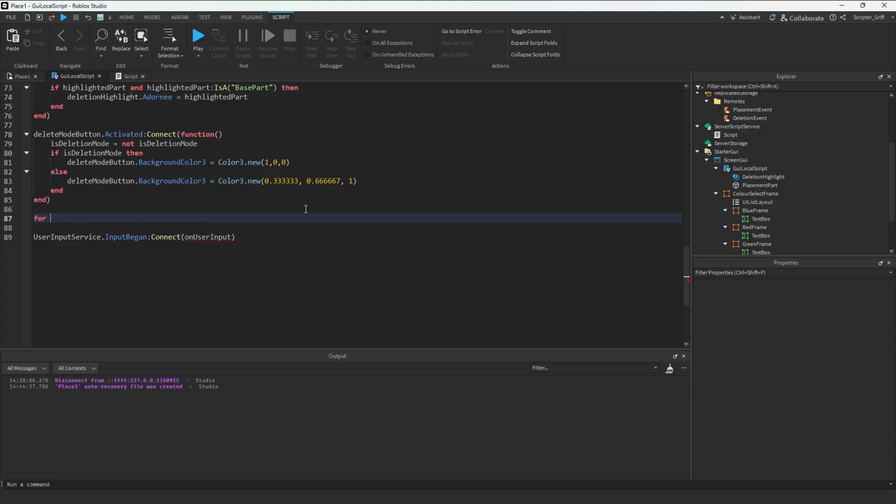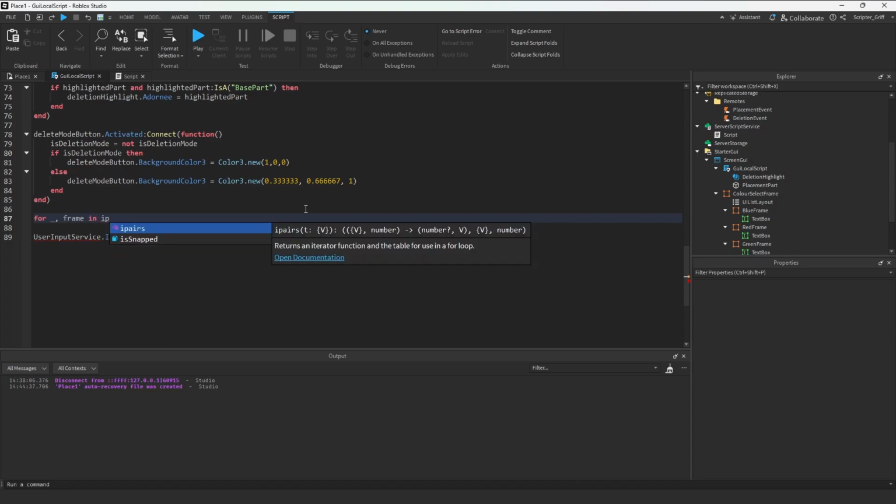For underscore comma instance, let's call it frame one. IPS